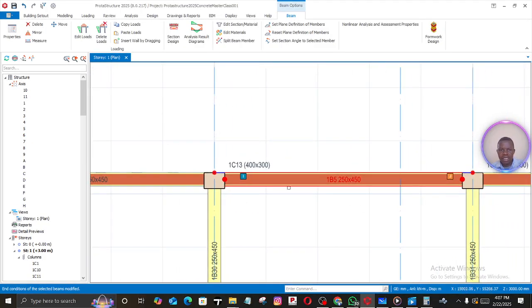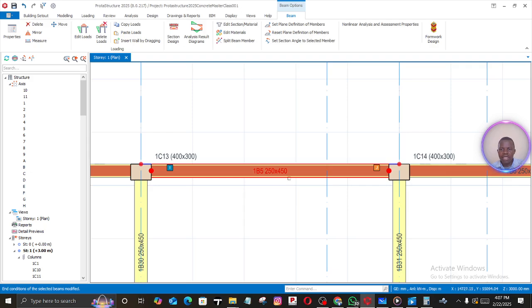Yes, because you can see this and this. So these both ends are fixed, because here the moment will not be zero. So there is a continuous